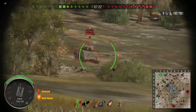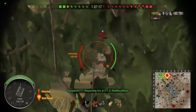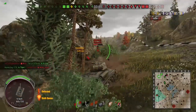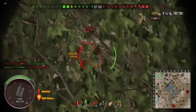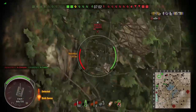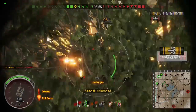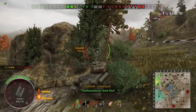It's got nice damage, decent speed, decent armor. It's quite unique because of the origin of this tank coming from a TV show and having a special crew with a dog that barks when you get spotted. So yes, I'd say it's a fun tank. And of course, another thing that adds to the fun factor is this is a premium tank, so you can expect good silver earning, assuming you have a premium account. With a premium account, I've earned anywhere from 40 to 70k with this tank, so not too bad for a tier 6